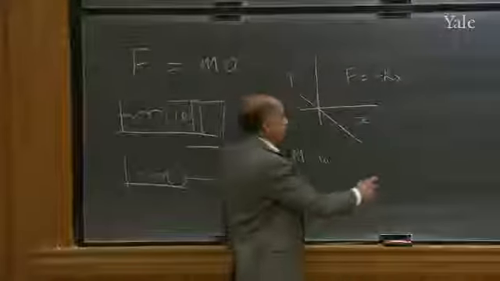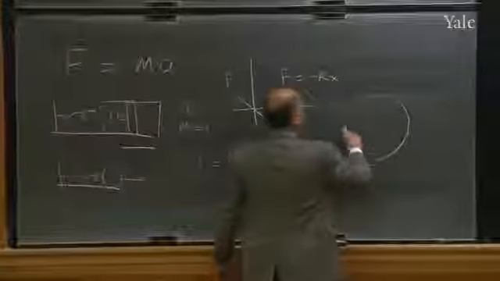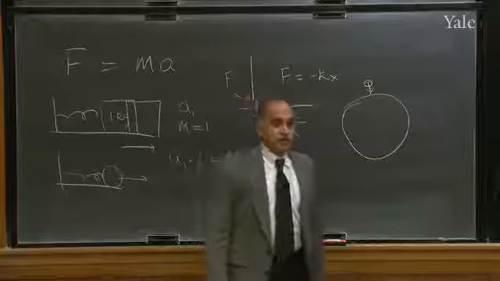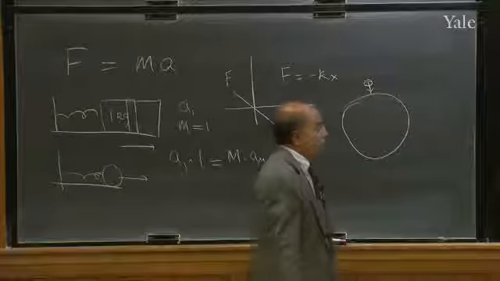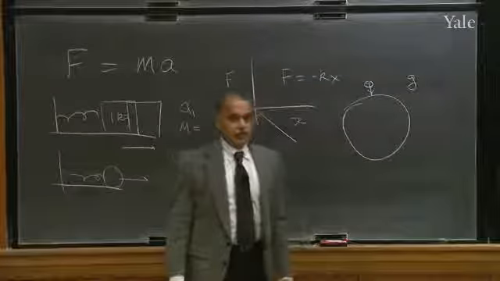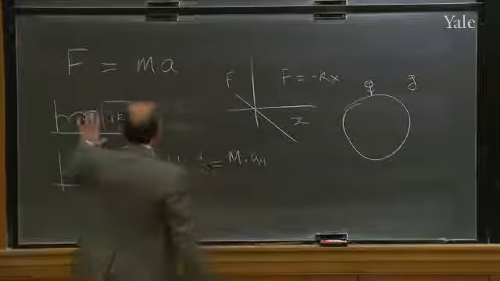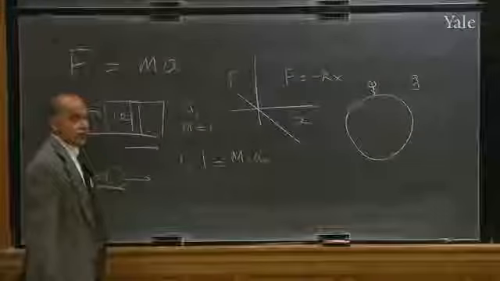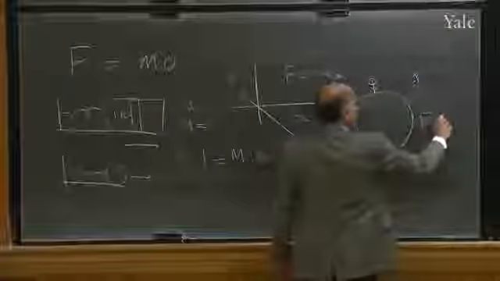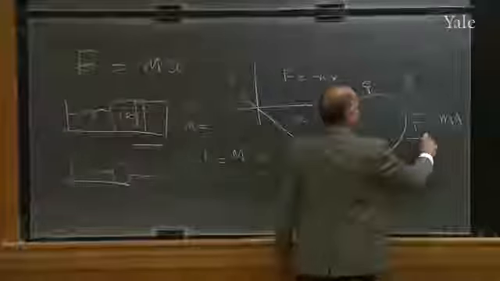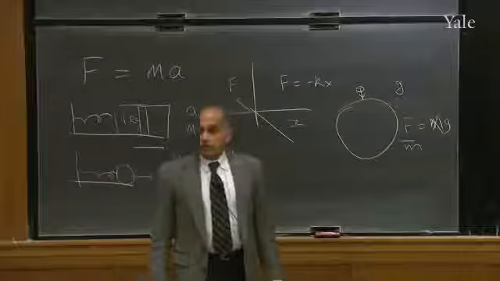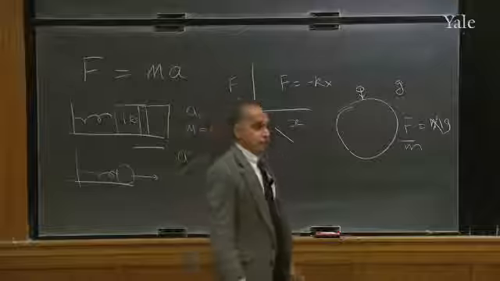Another force that you can find is, if you're near the surface of the earth and you drop something, it seems to accelerate towards the ground. And everything accelerates by the same amount, g. Well, according to Newton's laws, if anything is going to accelerate, it's because there's a force on it. Therefore, the force on any mass m must be mg, because if I divide by m, I have to get g. So the force on masses near the earth is mg. That's another force.